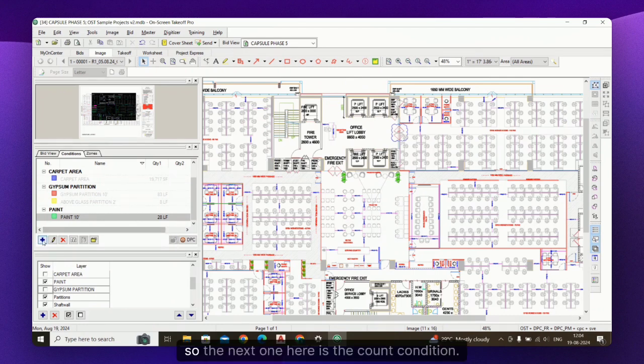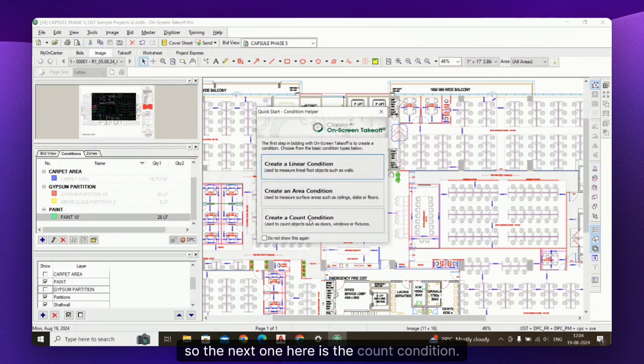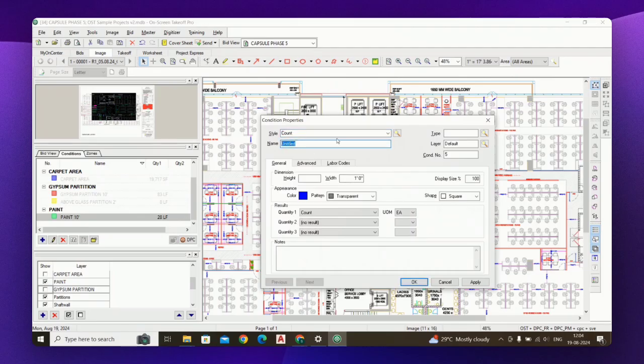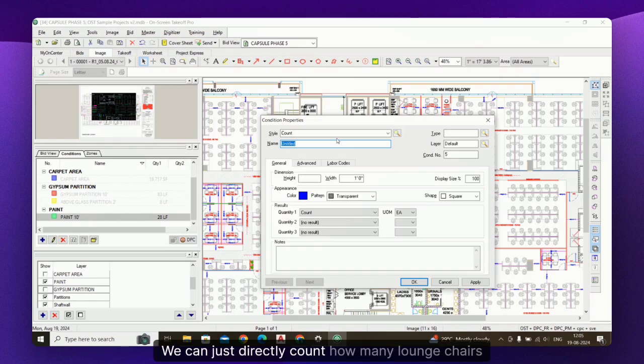Okay, so the next one here is the count condition. So the count condition can be used for counting the furniture. If the same type of furniture is coming all over there, and if you want to know that okay, how many workstations are there, or how many chairs are there, how many meeting rooms are there, we can just directly count how many lounge chairs are there. So basically what I will do is I will